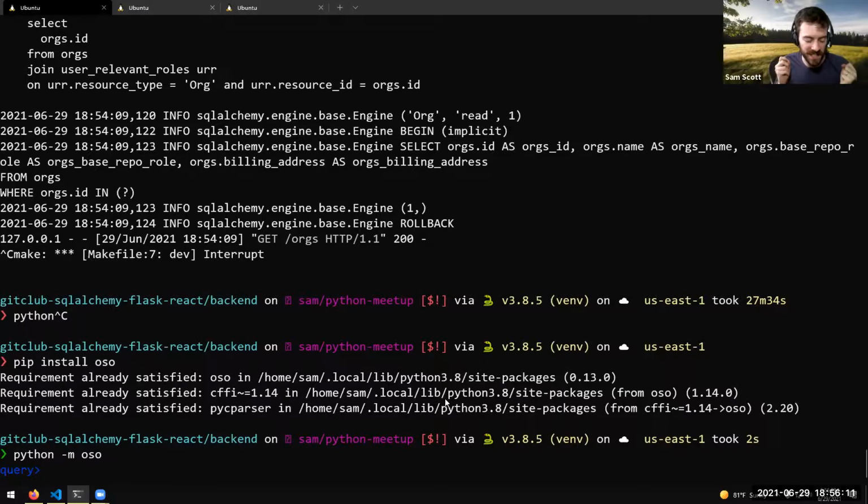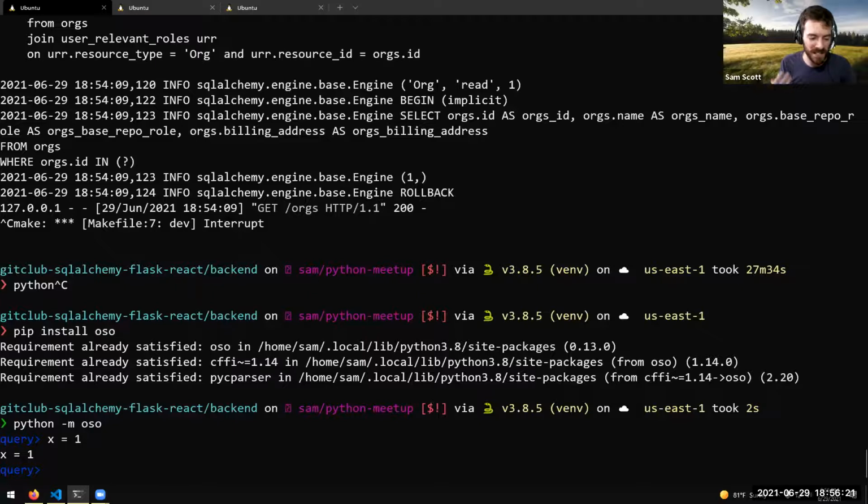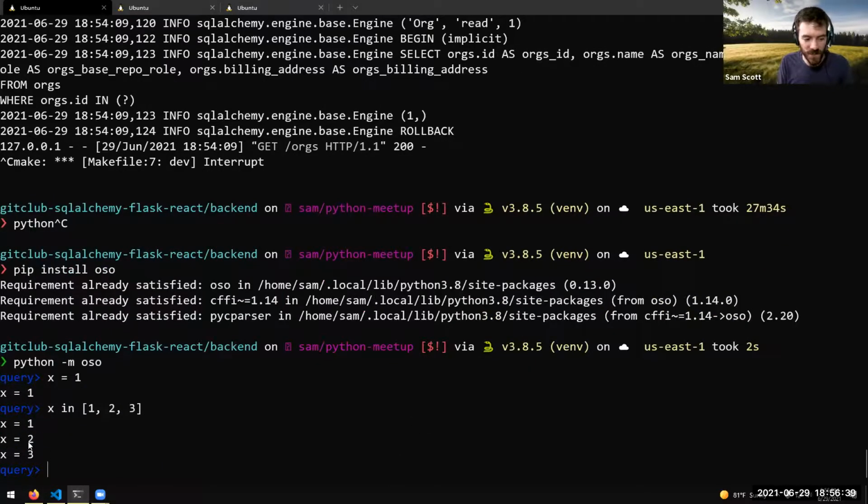So it operates in terms of queries. You're asking, for what values is this thing true? A super simple one: x = 1. If I do that as a query, I'm asking for what values of x is x equal to 1? Well, x is 1 is the obvious one. But I can also say x is in [1, 2, 3]. I'm not declaring the variable x and doing a for loop. I'm querying for what values of x this statement is true. So it's true for 1, 2, and 3.